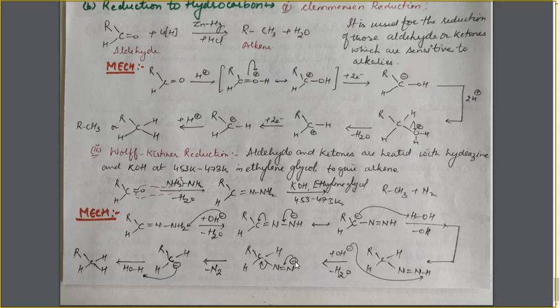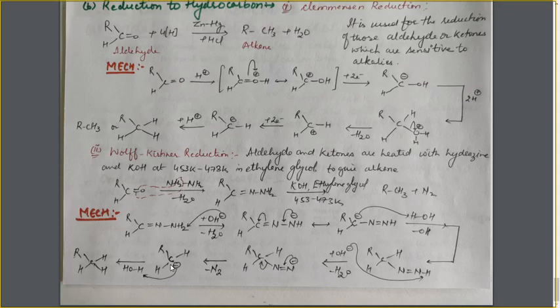Again, resonance takes place. Sorry, this negative charge will move to this position for formation of a triple bond. And this electron will be lost to the carbon atom, and as a result N2 will be lost. So here you have seen how the N2 molecule is removed from this position. This electron will move to the carbon atom.